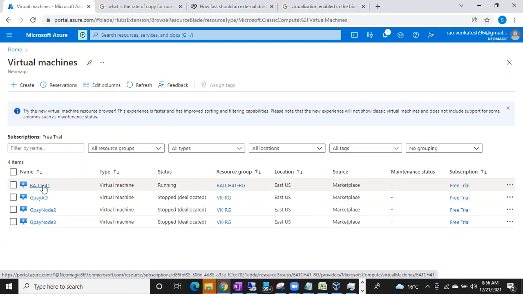Any questions, guys? Now the server is ready. Windows server is ready. Now the environment is ready. Next thing is tomorrow onwards, we are going to install SQL Server. Tomorrow, the class we are going to start at 7 o'clock. Then we are going to start discussing how to install SQL Server. Tomorrow the complete day, 2 hours it will take to install SQL Server.